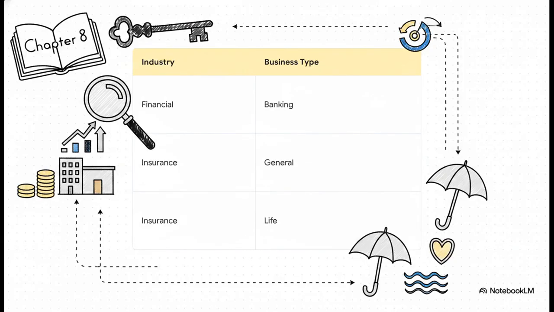Now, a one-size-fits-all approach doesn't really work for complex sectors, right? The drafters definitely recognize that. Chapter 8 carves out highly specific rules for specialized industries. You've got targeted regulations for financial institutions, specifically banking, and separate rules for insurance entities, which are split even further into general and life insurance. This laser focus ensures total fairness and precision in sectors where your standard accounting rules might just fall short.